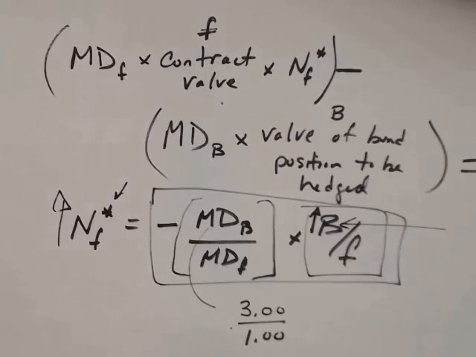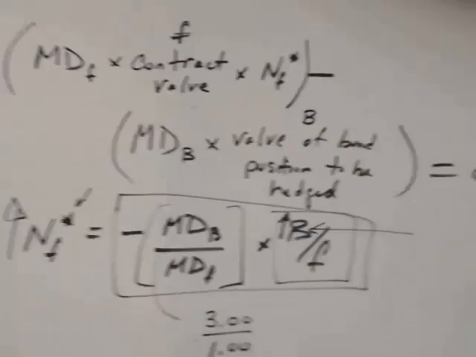So let's just use it now. And I have an example. The best way to do it is using an example. Suppose you're managing a $25 billion T-bond portfolio, and strongly expect interest rates to rise in the near future. Thus, you decide to use March T-bill futures to reduce your portfolio's sensitivity to interest rate changes. Your portfolio's modified duration without the hedge is 14. The T-bond futures are trading at